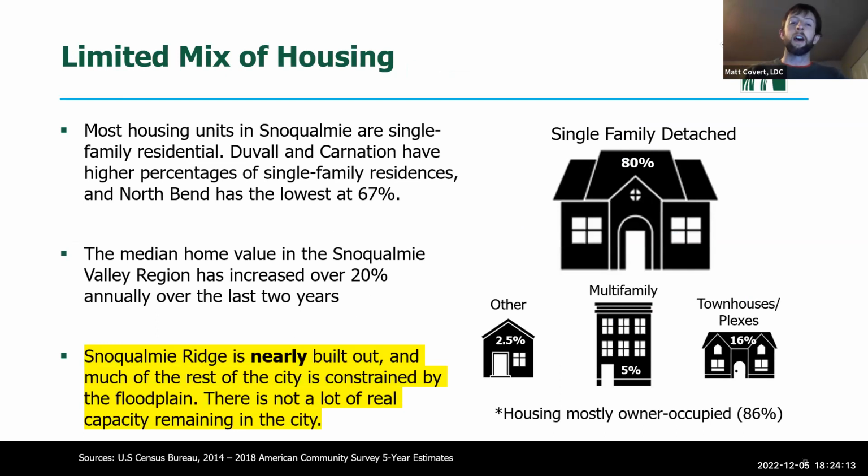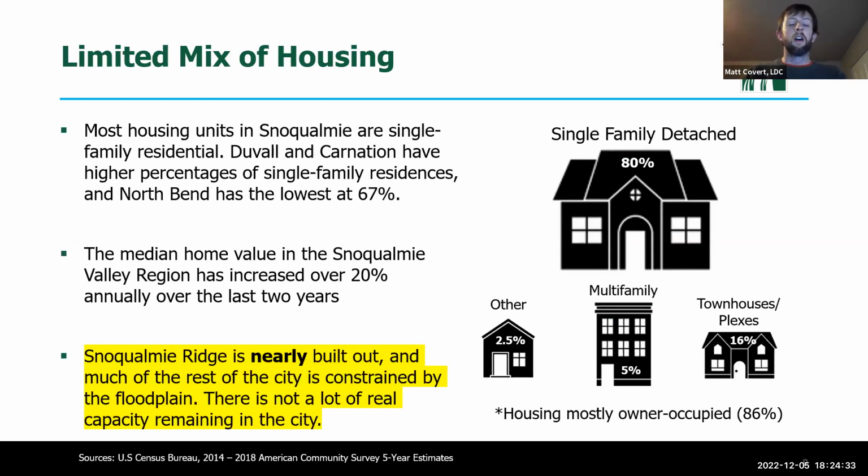Duvall and Carnation have higher percentages of single family residences, but they are smaller communities overall. The median home value in the Snoqualmie Valley region has increased over 20% annually over the last 2 years, which is pretty wild to think about, but also not out of step with broader problems seen across the housing market